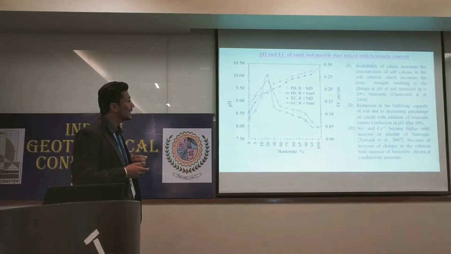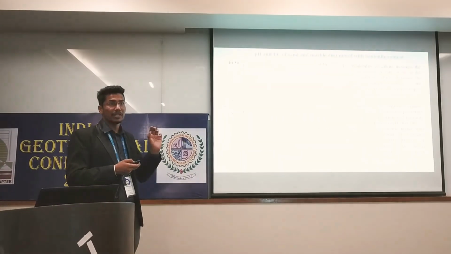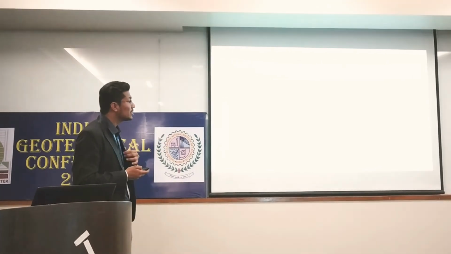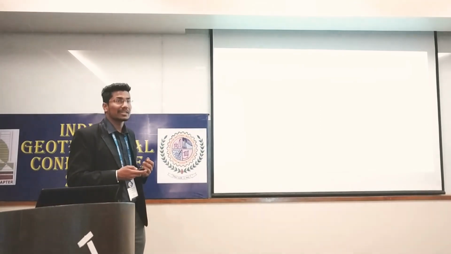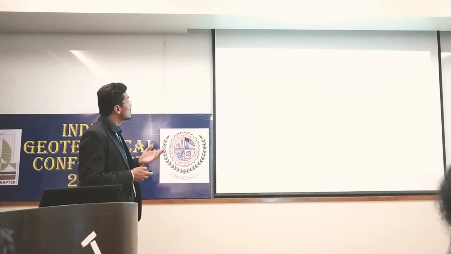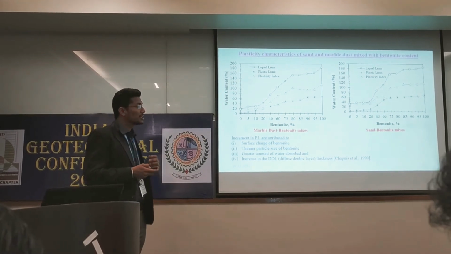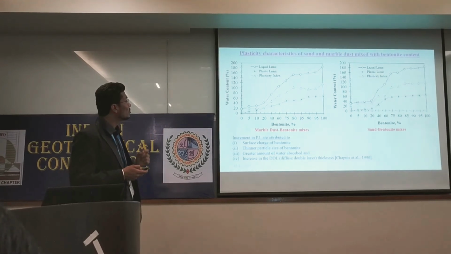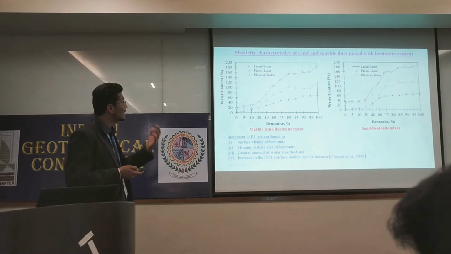That is because of the addition of the bentonite content in the mixture, and the bentonite contains Na+ ions, which increase the positive charges, which ultimately increase the electrical conductivity. Further, the figure shows the Atterberg's limit differences, like we can see here that the liquid limit of sand and bentonite increases